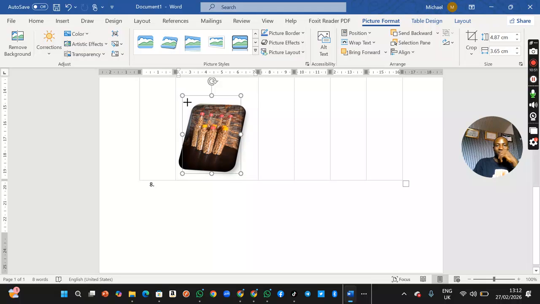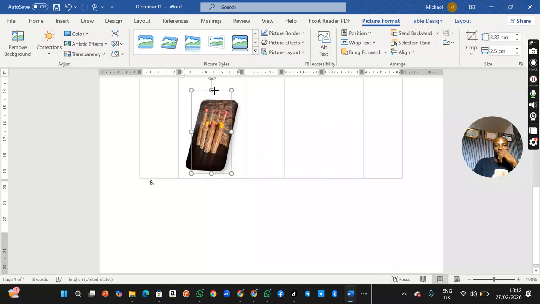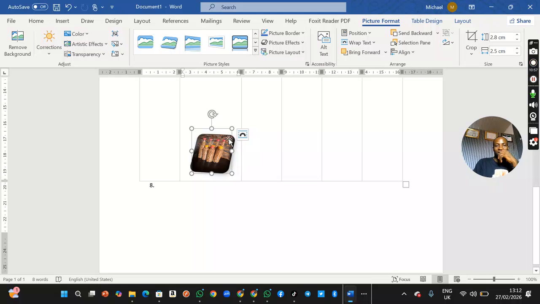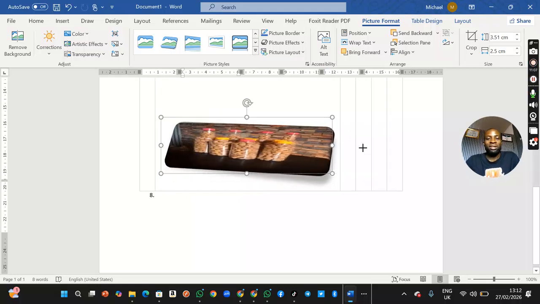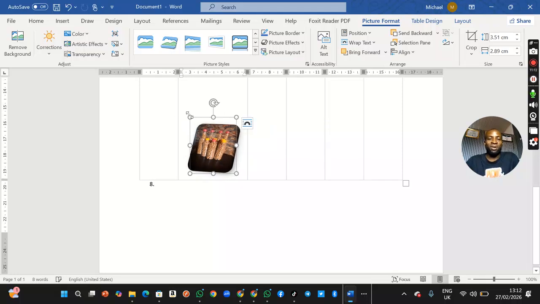So these two top ones here are used to increase and reduce your picture size. Now take note, when you are reducing from here, you are escalating the picture. So it's best you reduce from the four angle knots, which is this and this, so that the picture will remain intact the way